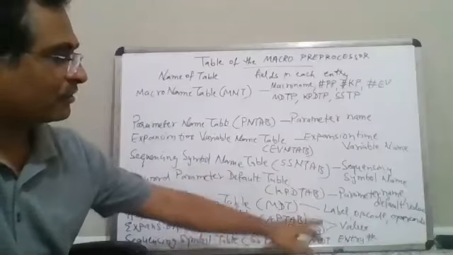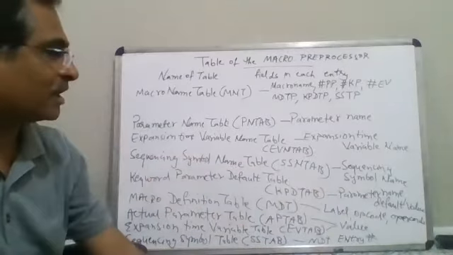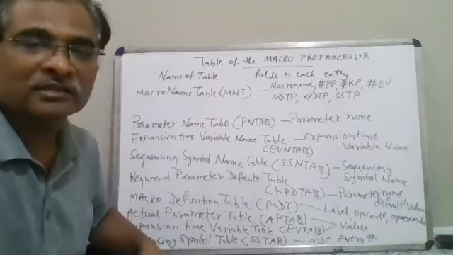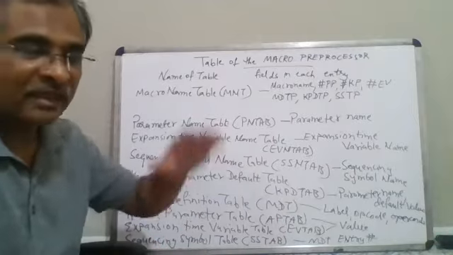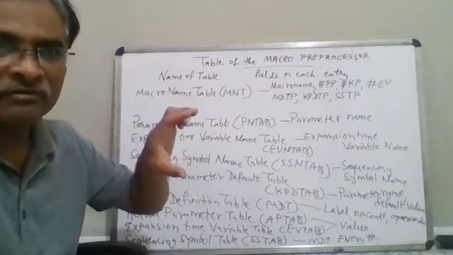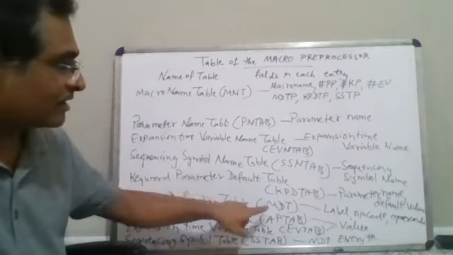So it will have a lot of information within that. It will have a label, opcode, and operand. Everything in the intermediate form would be present inside the MDT. Normally, it will have the storage starting from 0. Then for one macro, the entire intermediate code will be prepared. I mean, the code of the macro in the intermediate form would be present inside the MDT.